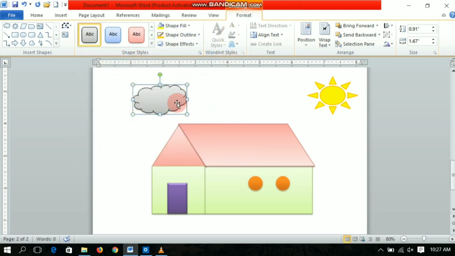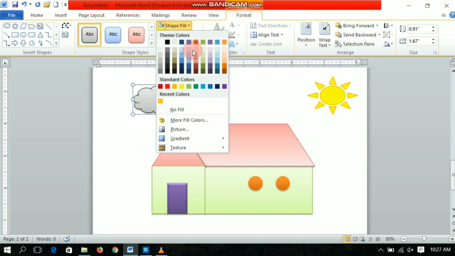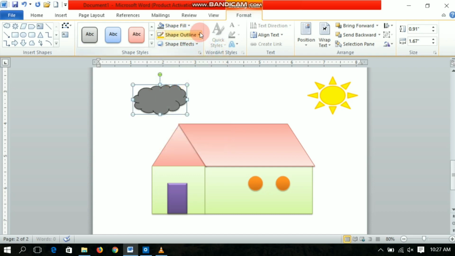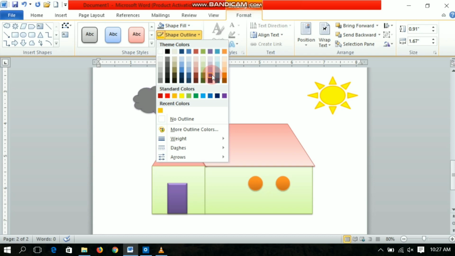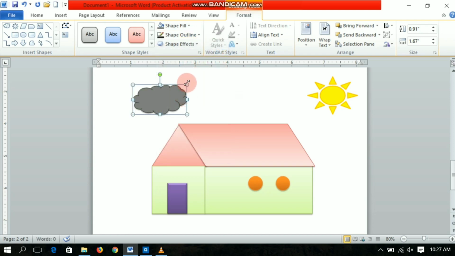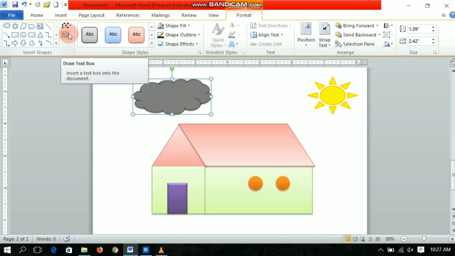And if I don't want this built-in color, I can also change the color according to myself. See, and you can also edit the size of these shapes, and if you want to add any text, you can write here with the help of this text box. Fine.